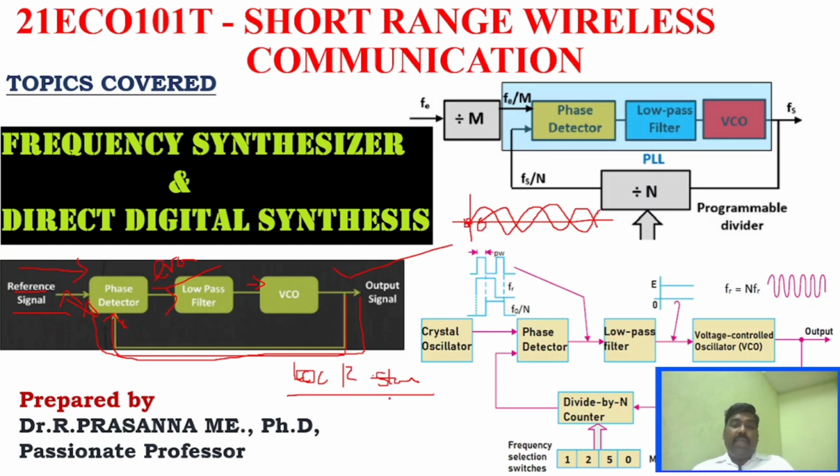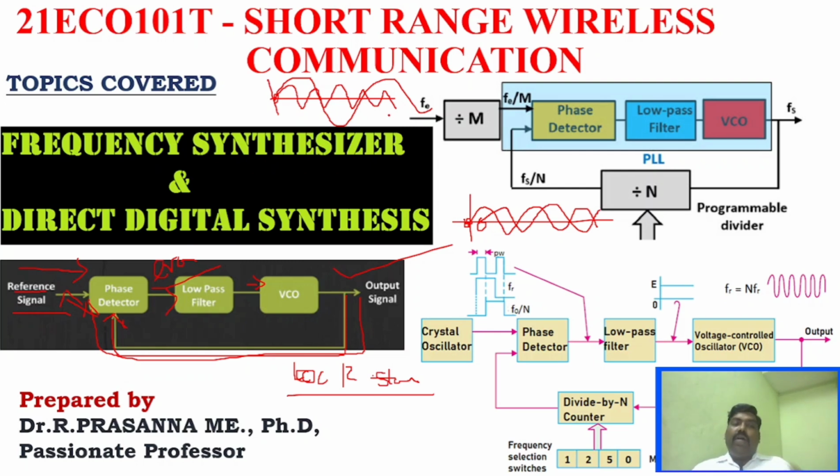Similarly, there is another signal. Just for an example, if you see this signal, the phase is the same, that is, both start at the same point, but the phase varies constantly depending upon time, and the frequency is completely different. Whereas here, even though it starts at a different position, the phase difference is constant. So in the locked condition, the phase difference will be zero, and the input frequency and the output signal frequency will be the same.